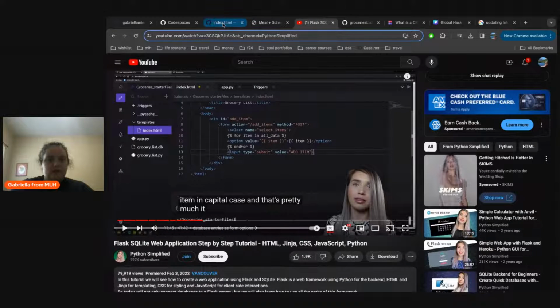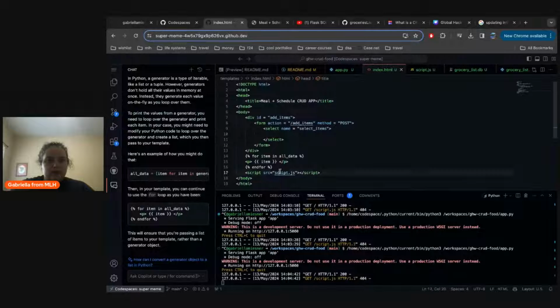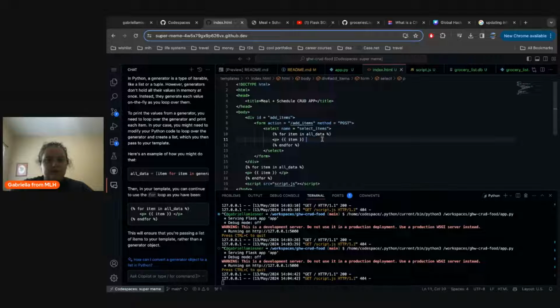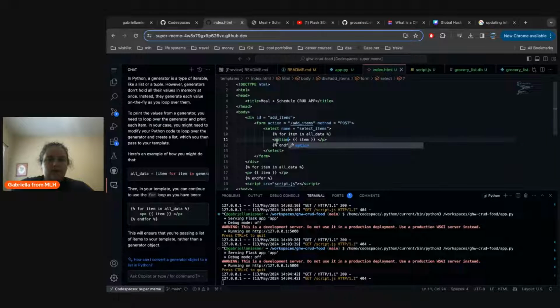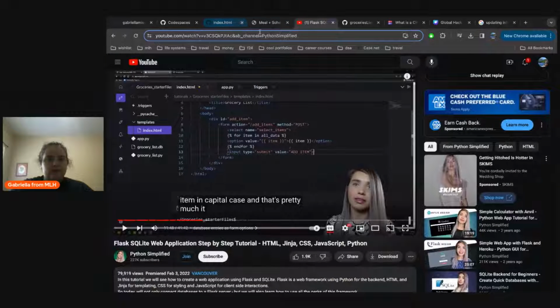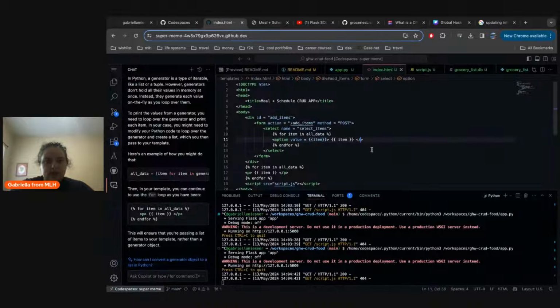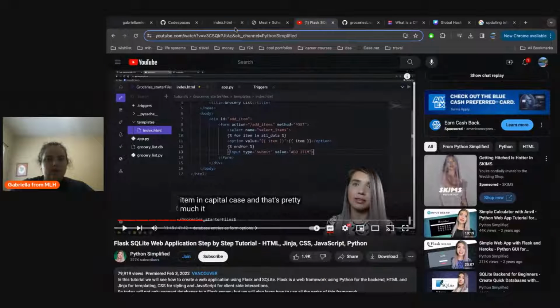And then we'll be having our for loop where instead of the print statement, we'll be having our actual form option. So instead of P, we're going to have option value item. And next thing we're going to have is just this within the brackets. This needs to be option. And then after that, we're ending our for loop,